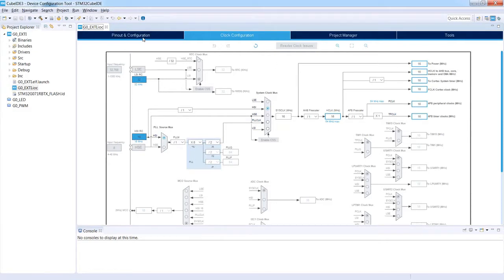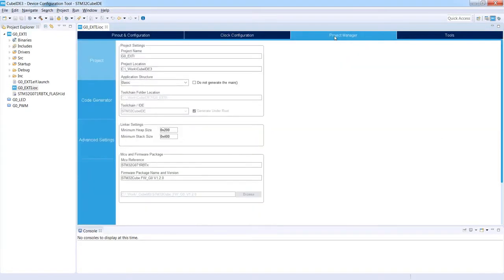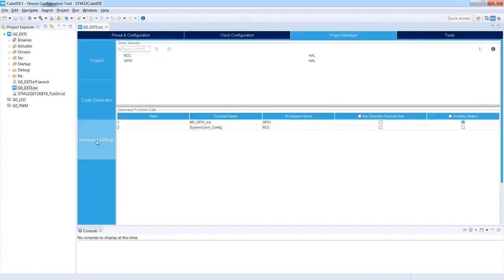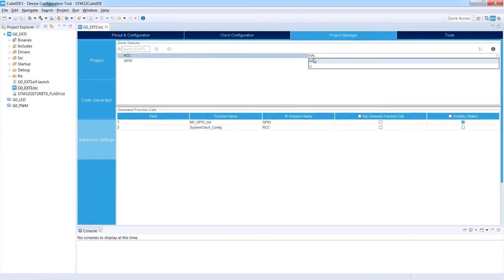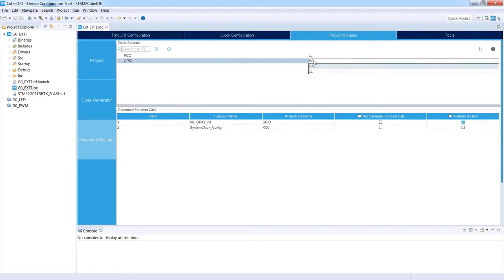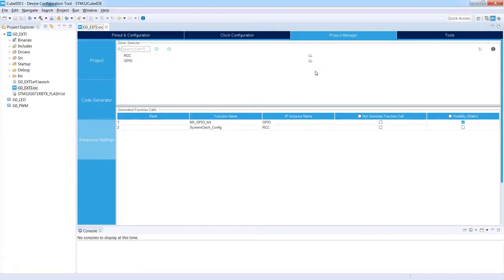The only difference, which we'll do right now, is a difference within the project manager. We go from project to the advanced settings, and for each of those two modules, RCC and GPIO, we will switch from HAL to low layer. I just click on this HAL and select low layer instead. The same for GPIO.